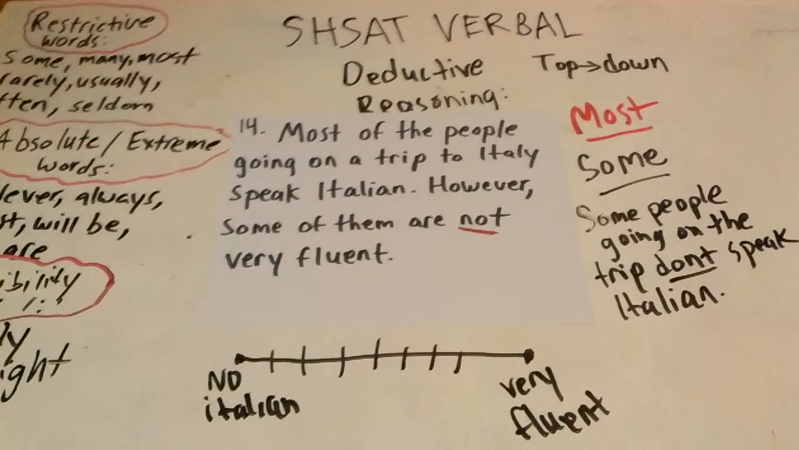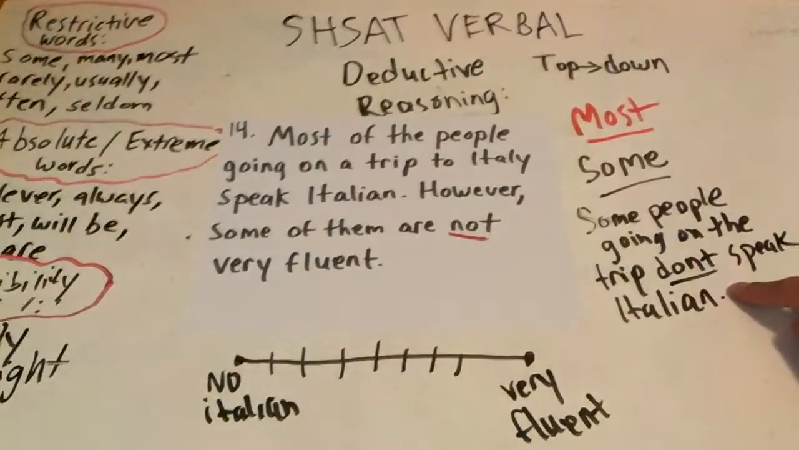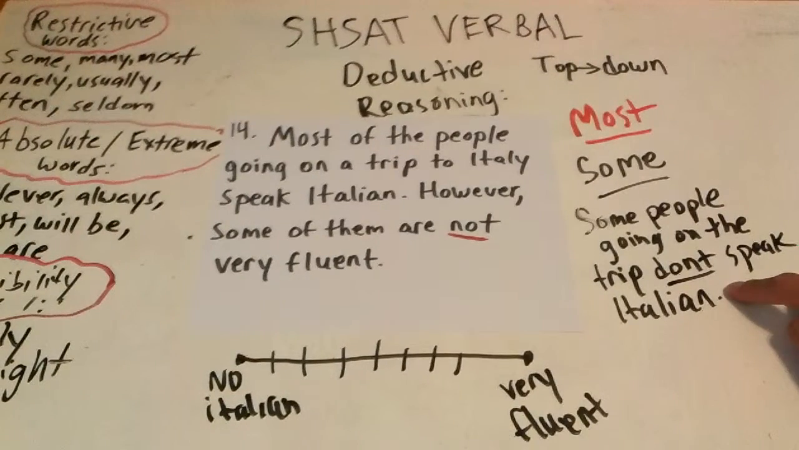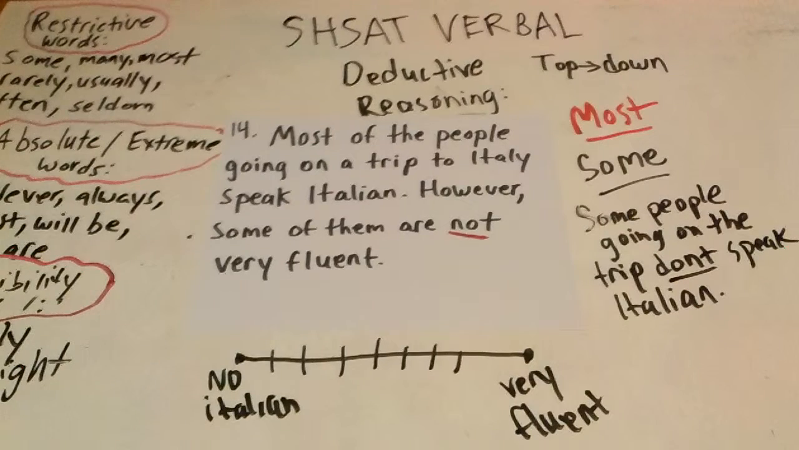Alright, and to complement that sentence, we wrote this because this is also true at the same time. If most of the people going on the trip to Italy speak Italian, it's also true that some people going on the trip don't speak Italian. And that second sentence is also a premise. It says some of them are not very fluent. So that means some of them speak at medium levels, from a 1 through 10, like a 3 or a 4 or a 5. It never confirms that someone speaks Italian at level 10. Okay, so let's look at the options